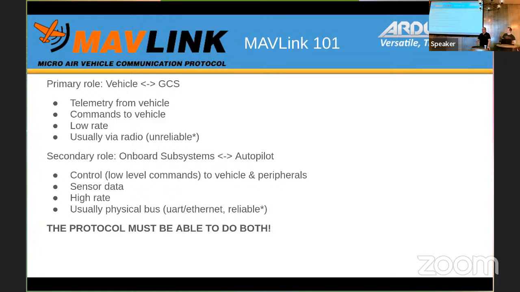We're looking at normally a hardwired link, in ArduPilot's case at the moment, a UART. You generally have much higher reliability, and you generally don't care that much if you drop messages, as long as it's not too many. So you end up with basically streaming messages and a much different kind of construct and different kind of constraints.